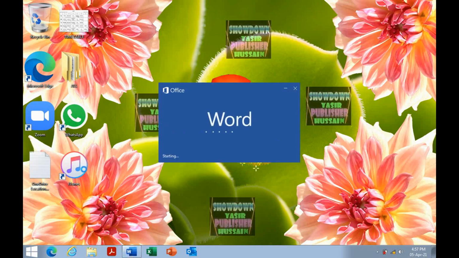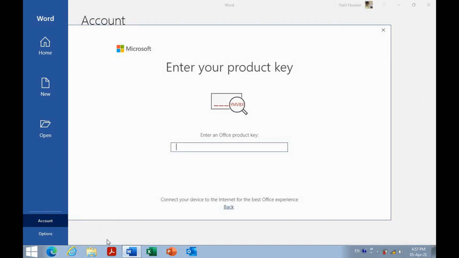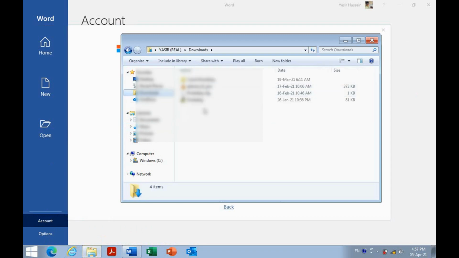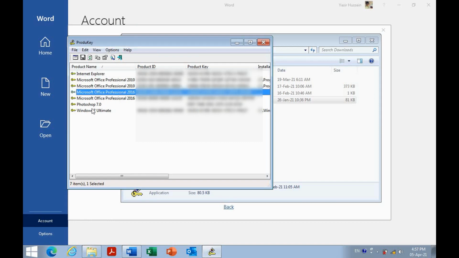So I'll start Word. Now here I go to account and try changing my product key. Now this shows literally every product key on your local machine. For example, I can see two Microsoft Office Professional 2016.